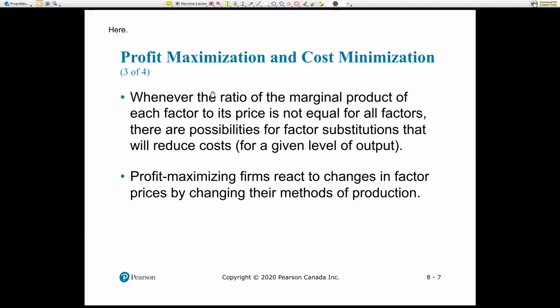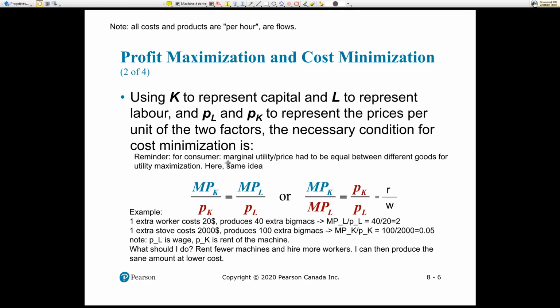Okay, so what we were saying, this is just saying the same thing in different words. Whenever the ratio of marginal product to price is not equal for all factors, there are possibilities for factor substitution to reduce the costs. So for instance, if the price of capital or rent becomes much lower, then it's better to increase the number of machines I use to produce. If the rent is lower, then it will increase the marginal